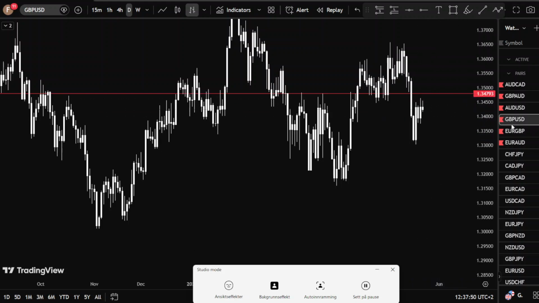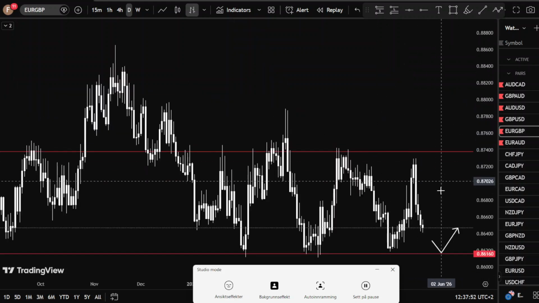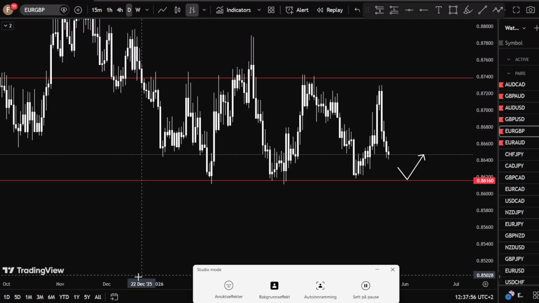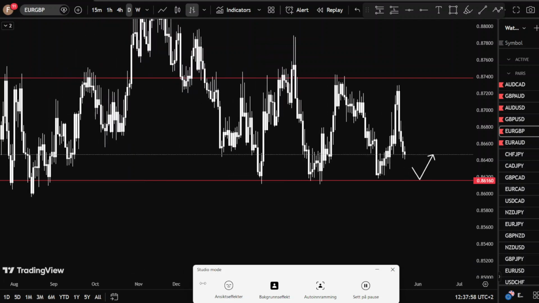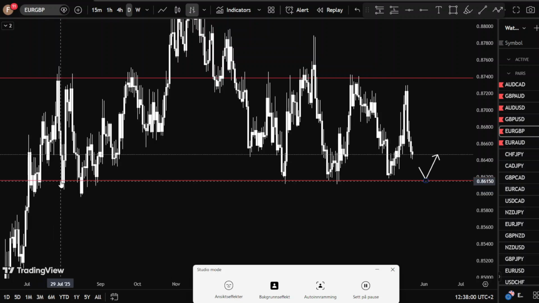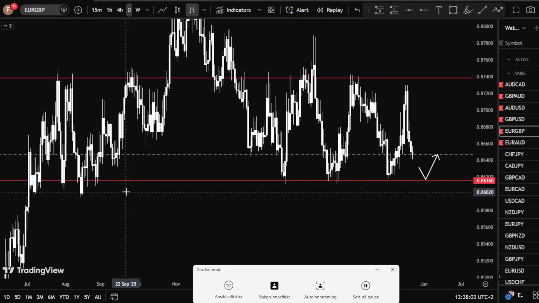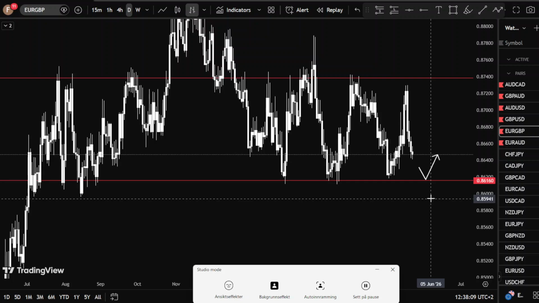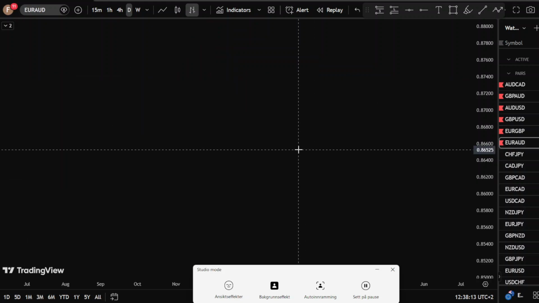So again, GBP USD, Euro GBP, you can see here this is a very strong zone. It's happened many times in the past. Here, support. I think if price goes down here, we go for a 1-to-1 and buy Euro GBP. Euro AUD,